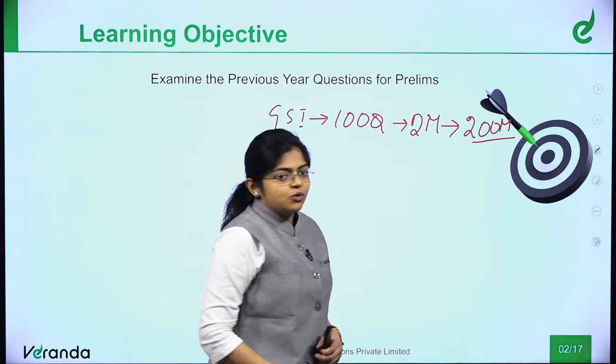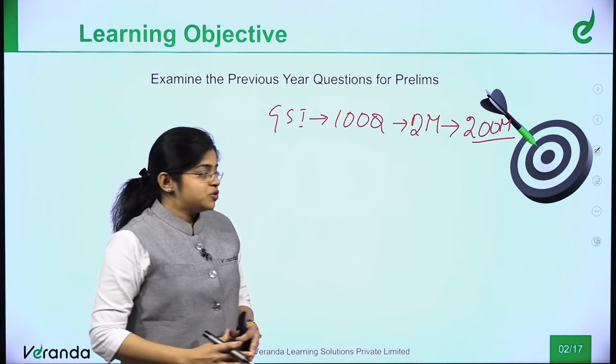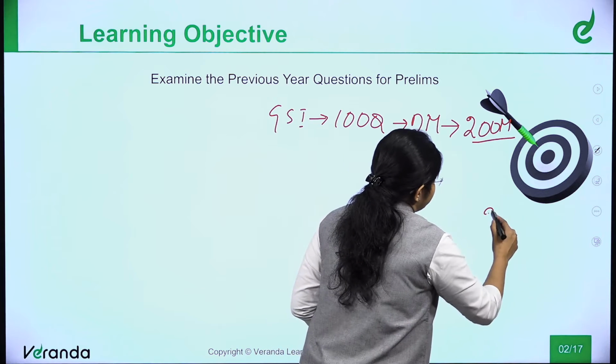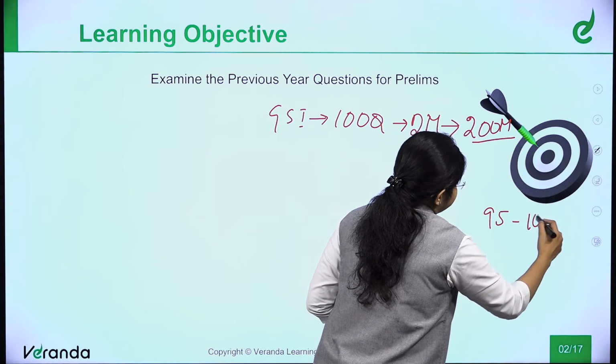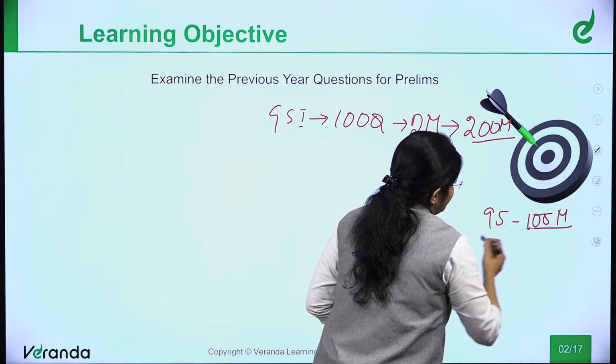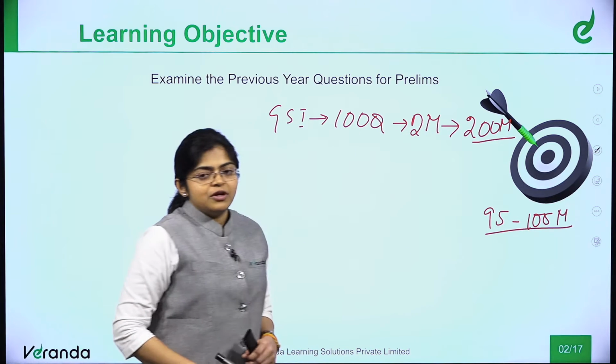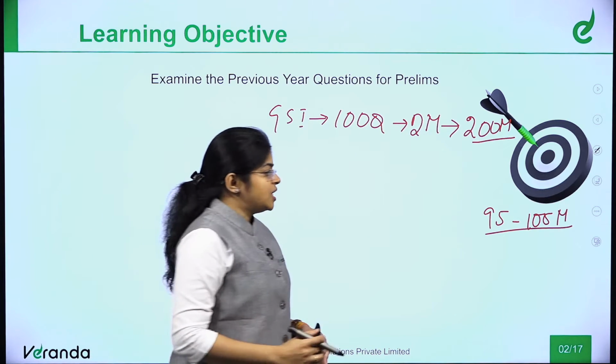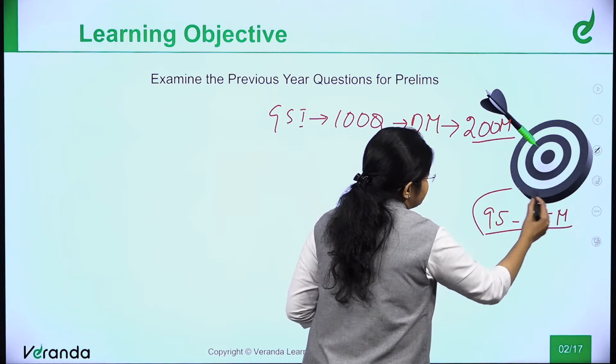Okay. So, what is the general cutoff? If you see the general cutoff, it will be varying from 95 to 105. So, this is the cutoff. While you are preparing, we should always keep in mind how to achieve this 95 to 105 marks